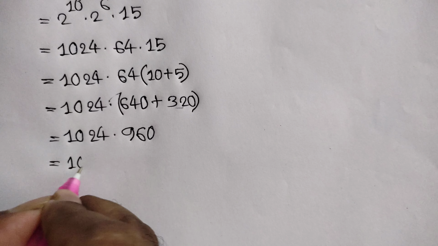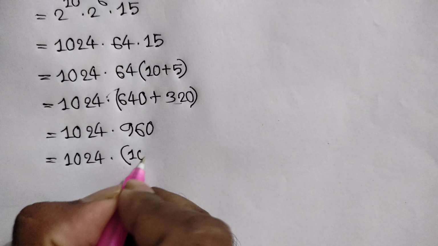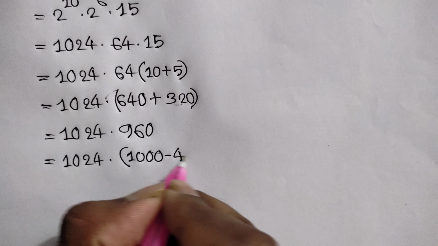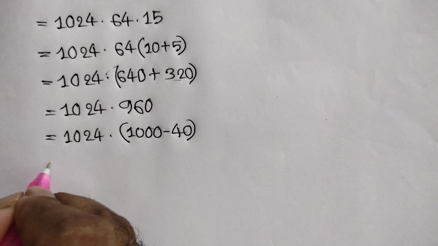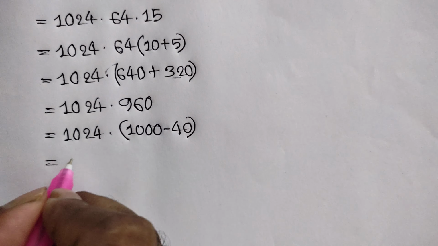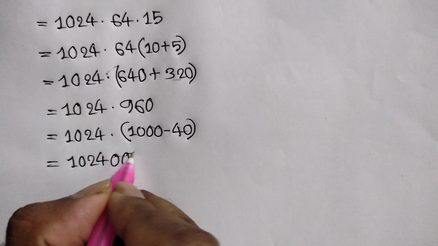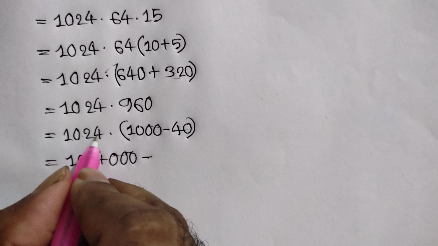This is equal to 1024 times this 960, which can be written as 1000 minus 40. Now here 1024 times 1000 we will get 1024 with 3 zeros, minus 1024